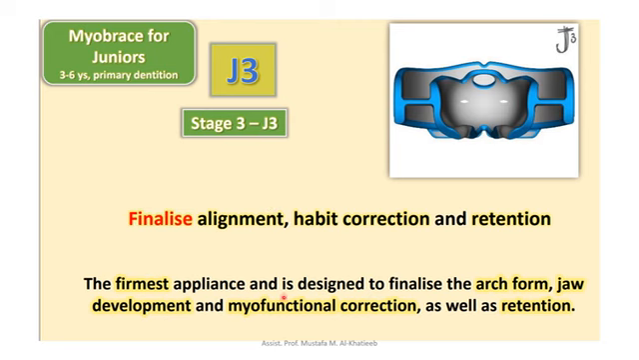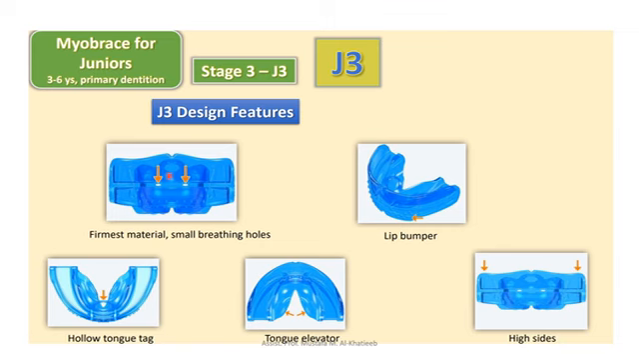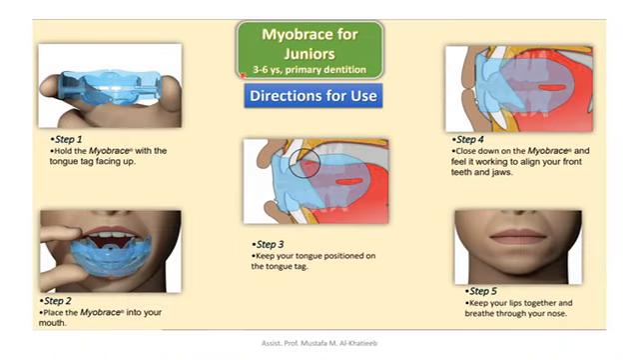It is the firmest appliance and is designed to finalize the arch form, jaw development and myofunctional correction, as well as retention. The J3 design features the firmest material compared to the J2 and J1, smaller breathing holes, a lip bumper and hollow tongue tag, and tongue elevator. Myobrace for Juniors, which is used, as we said, between 3 to 6 years old for primary dentition. The directions for use: